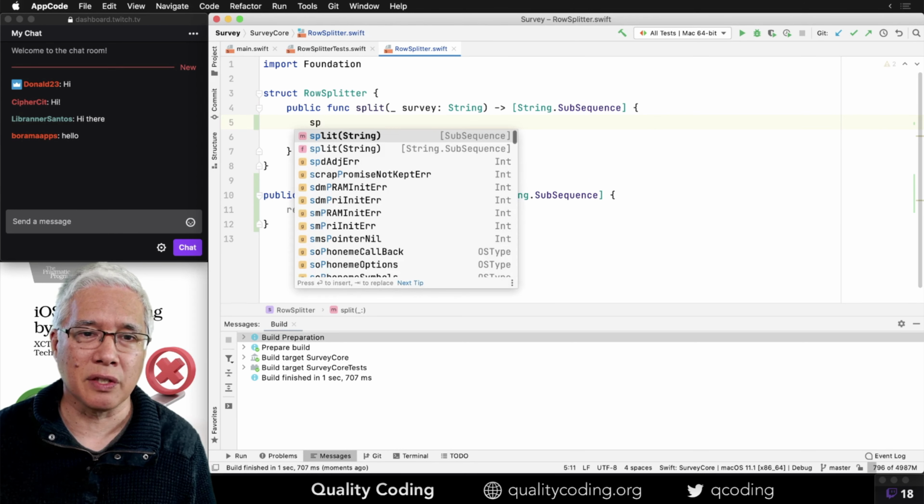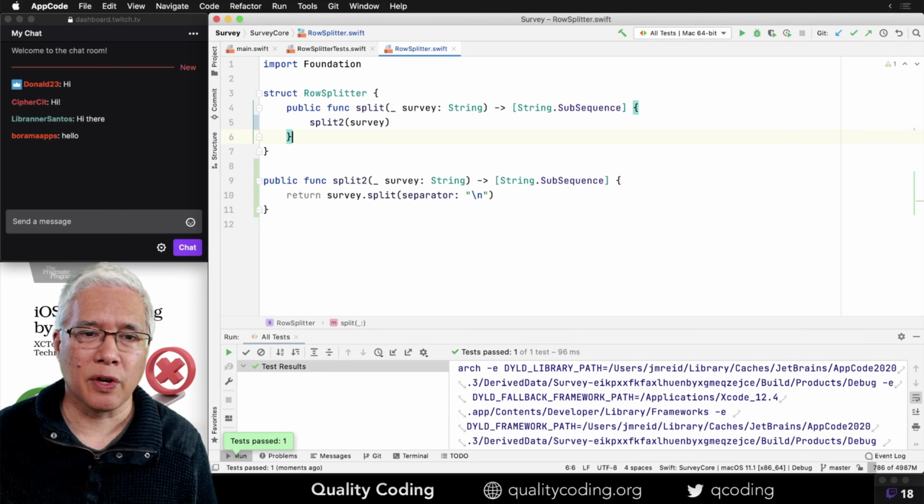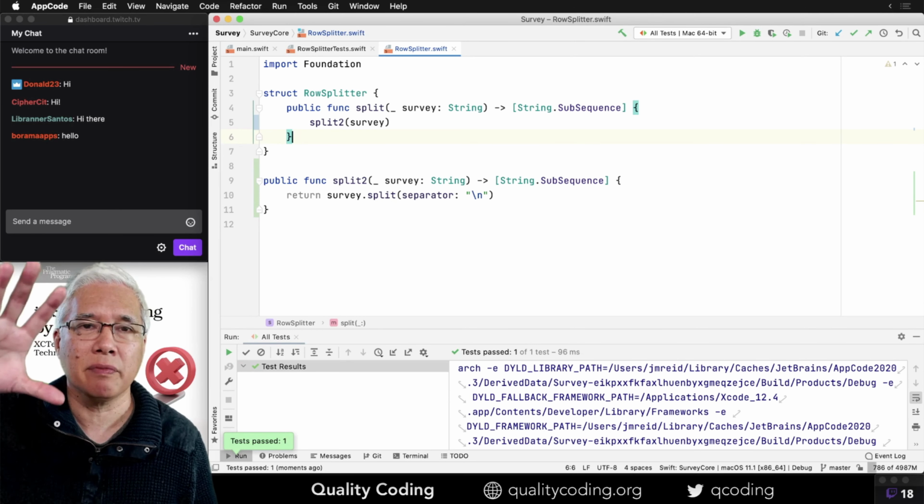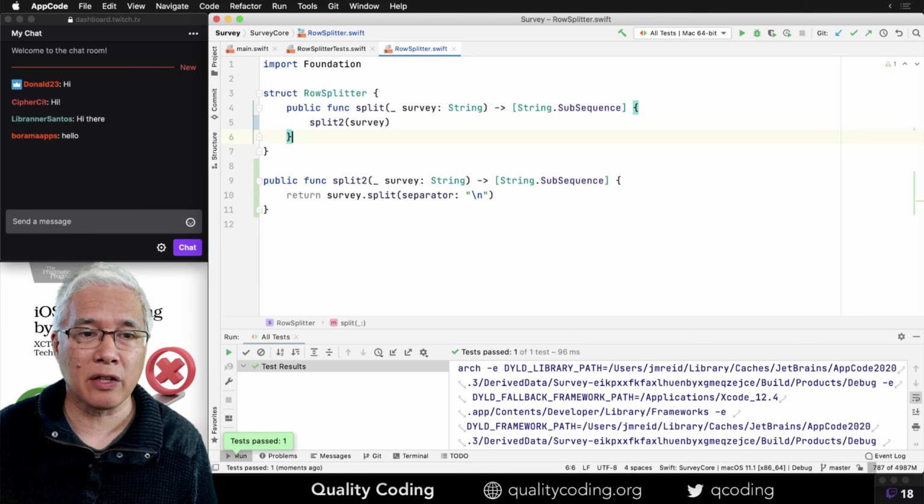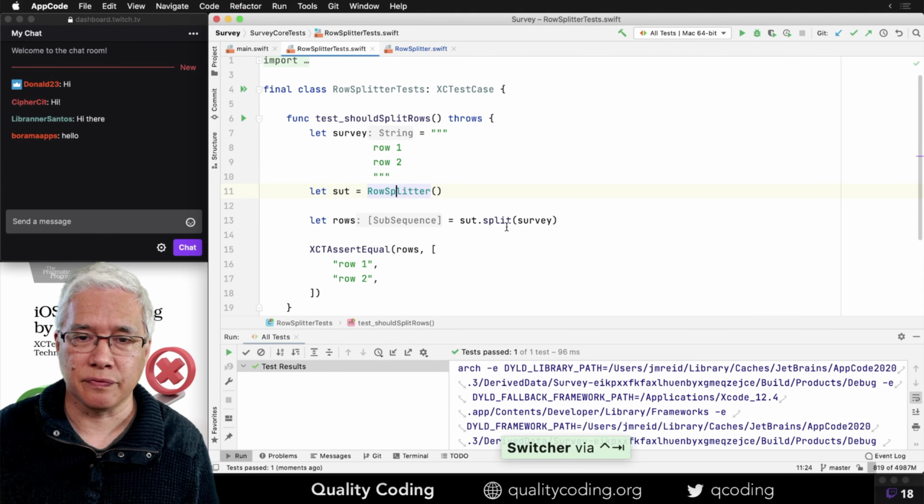Okay. So I'm doing a move function refactoring. This is successful, so we can now shift the test over and say split2, I think.